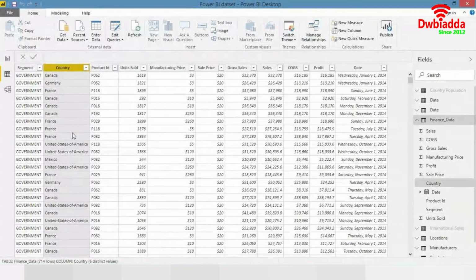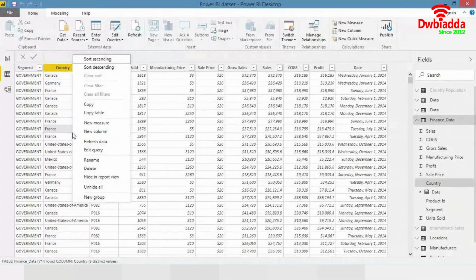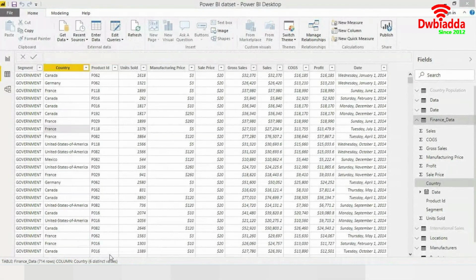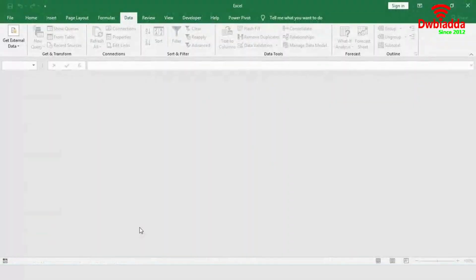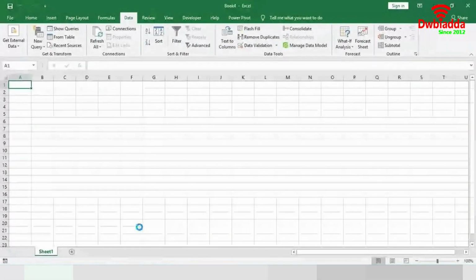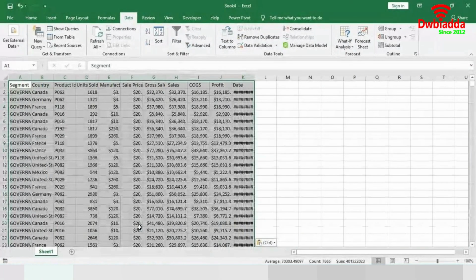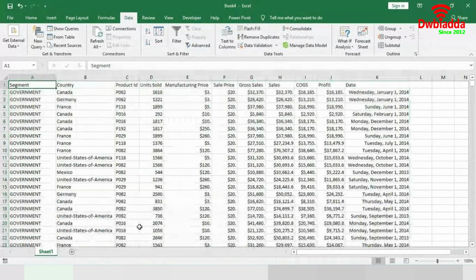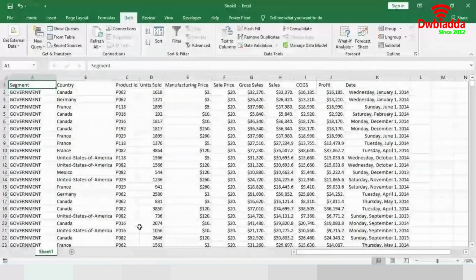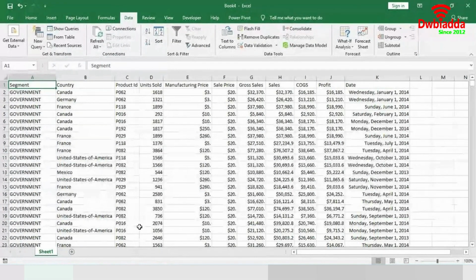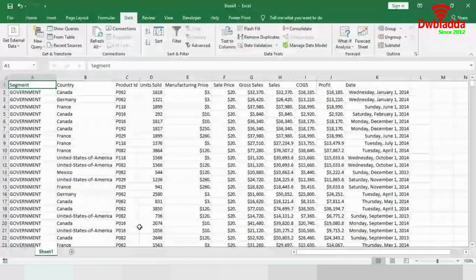So you can simply right click on any cell within the data model, click on copy table, and paste it in Excel. So we have the transformed data set over here. As you can see, you can simply email it over to someone, share a snapshot, and just send it over to someone.